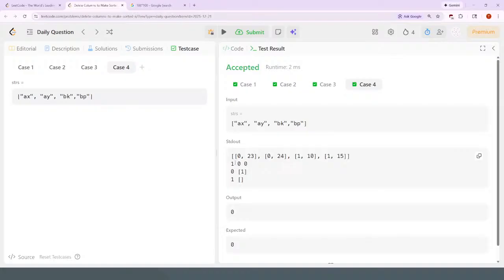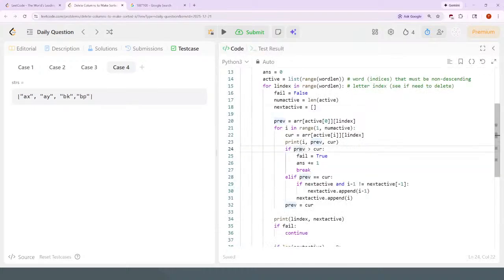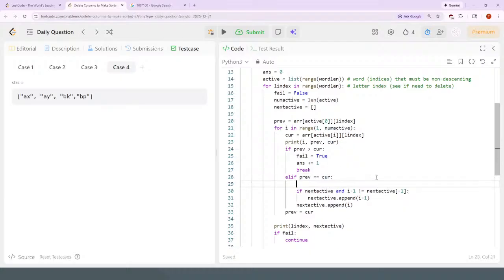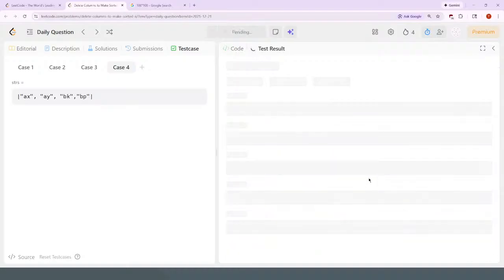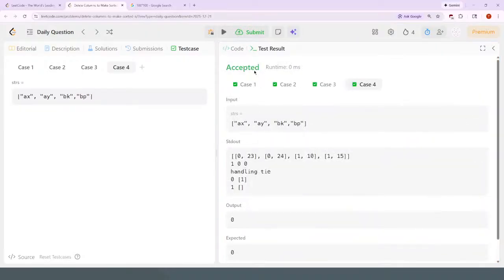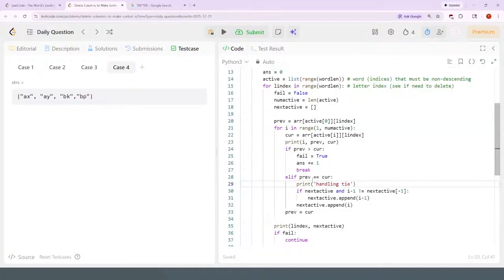Okay, index 1 is comparing 0, 0. They're tied. So the previous is equal to the current, and it's handling the tie. Handling the tie if next active. Oh my god. No, if next active, so if there is something in the next active